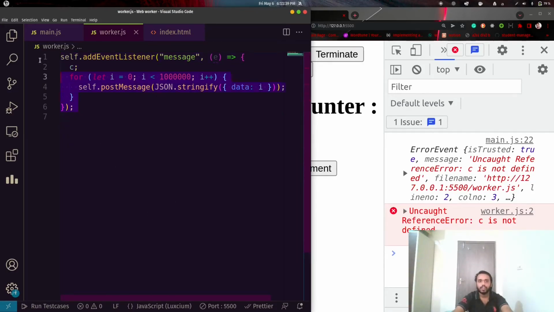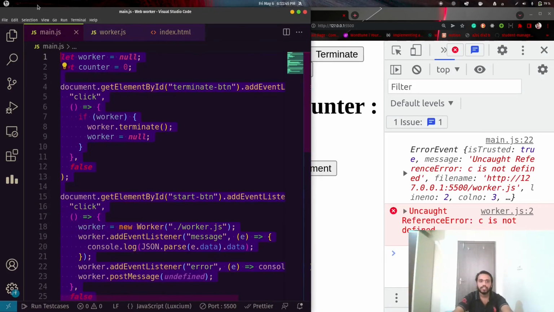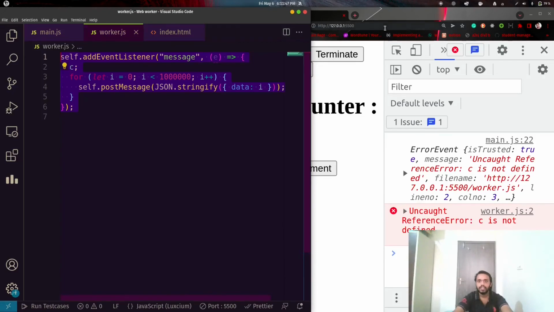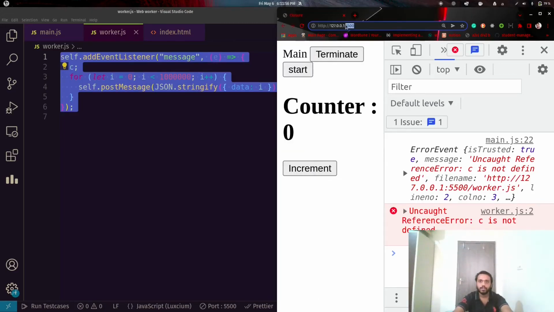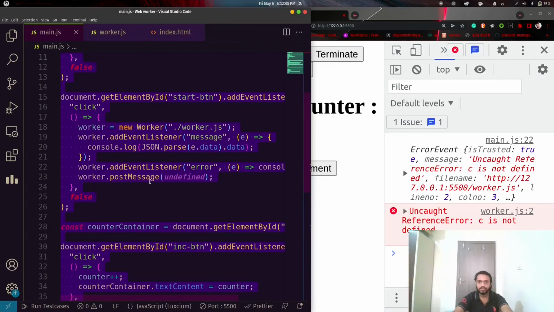And for security reasons, the origin of this script must be the same. Here the origin is localhost, that is 127.0.0.1 at port number 5500. So the origin of both scripts should be the same.